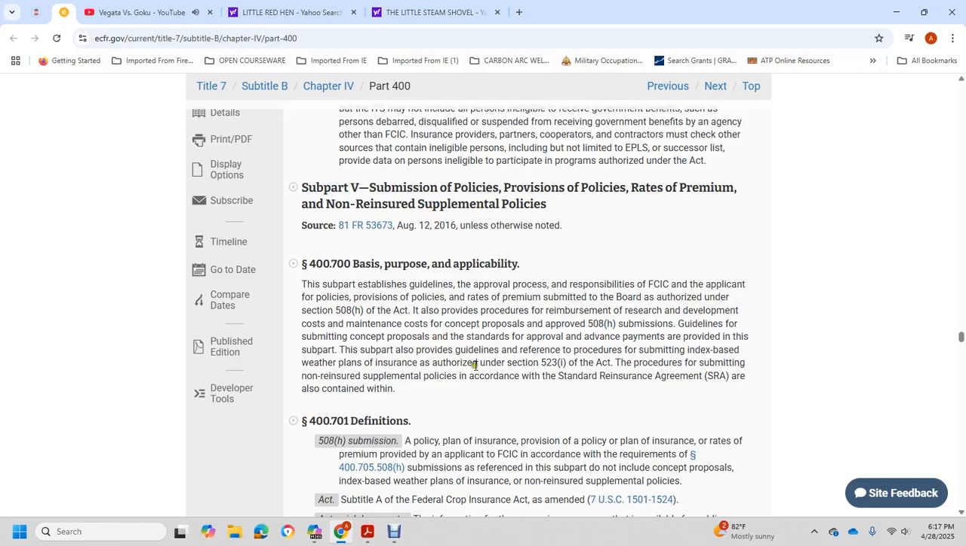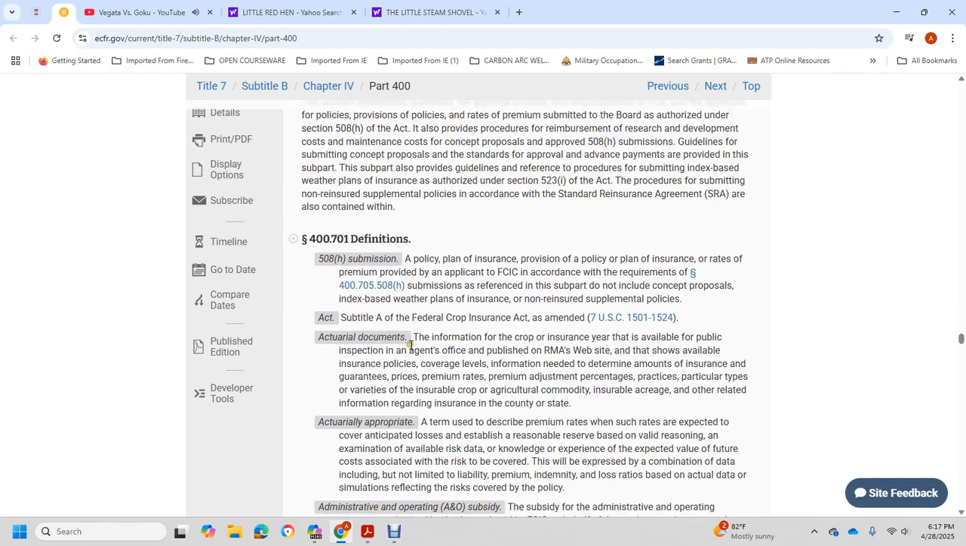according to the standard reinsurance agreement, and also contained in 407.01 the definition. 508 submission policy provisions of the policy with the plan of insurance with the rate for the premium provided, and with the Federal Crop Insurance Corporation requirements for the 407.05 508(h) submission with the reinforcement of the subpart, with the design with the contract proposal with the individual basic plan of insurance with the reinsured supplemental policy with the Act that submitted with the Federal Crop Insurance Act